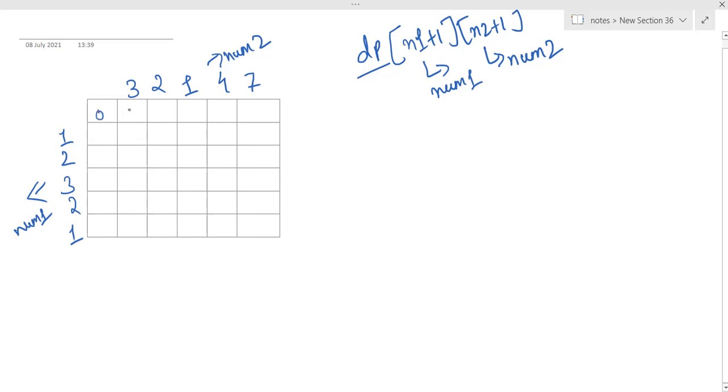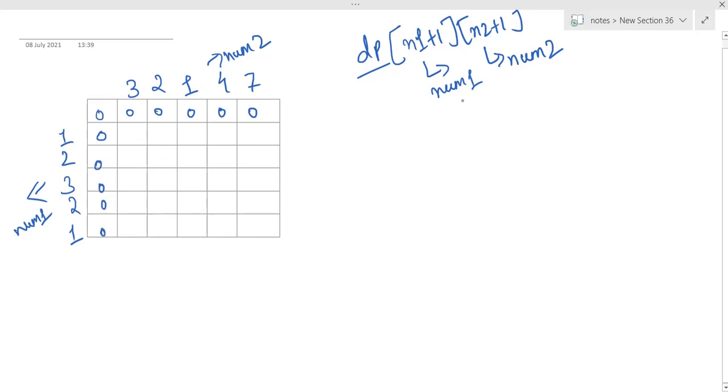In that case, we simply put 0 here, because there will be no common subarray possible. The same case applies for nums2. Suppose nums1 has some elements and nums2 is empty. Then again the output will be 0 only.